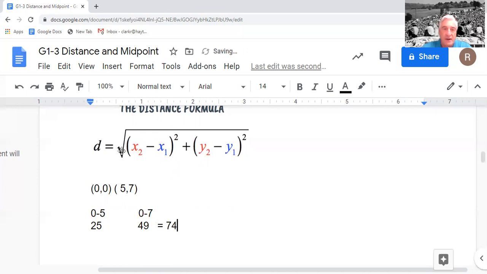Then the formula says we have to take the square root of them. A lot of times on my word processor, the square root looks like this. The square root of 74